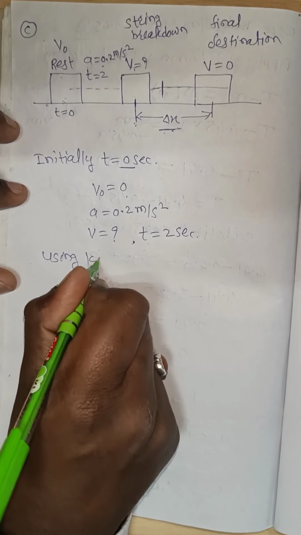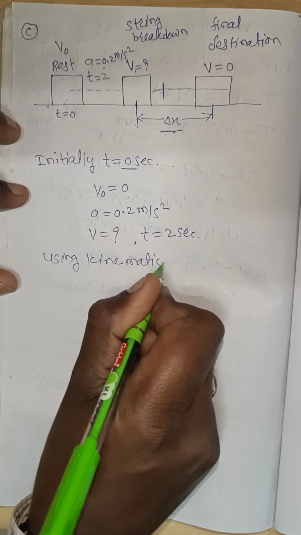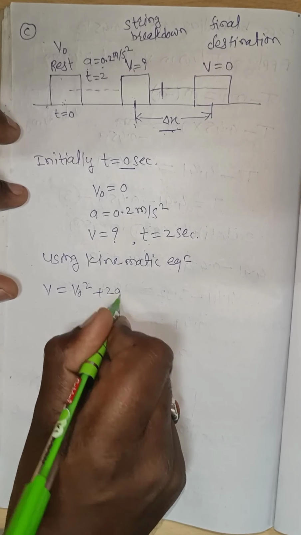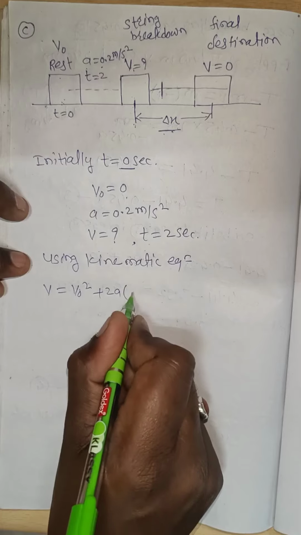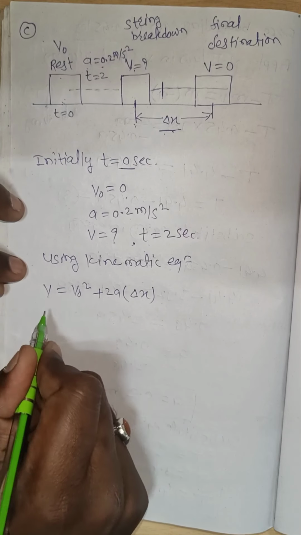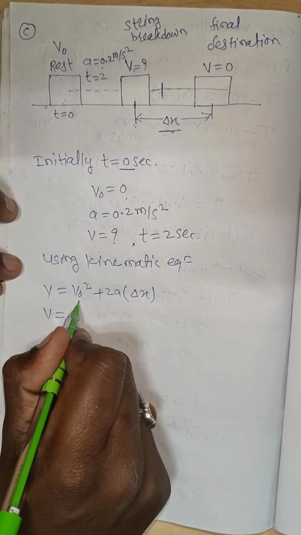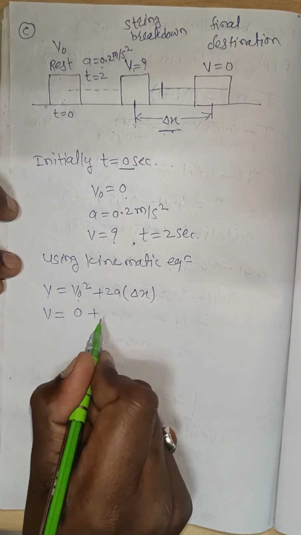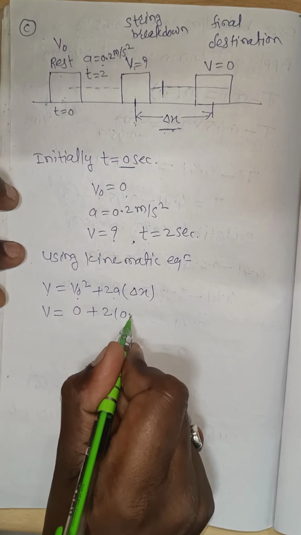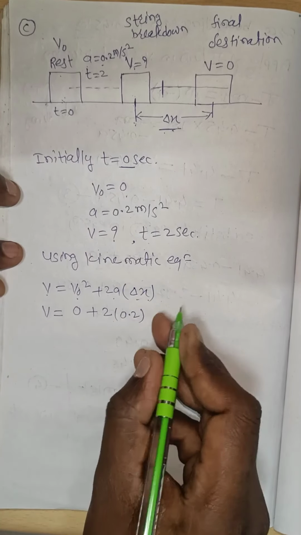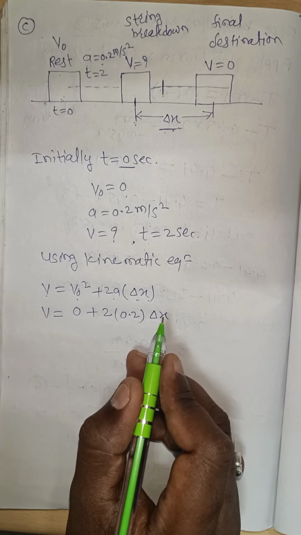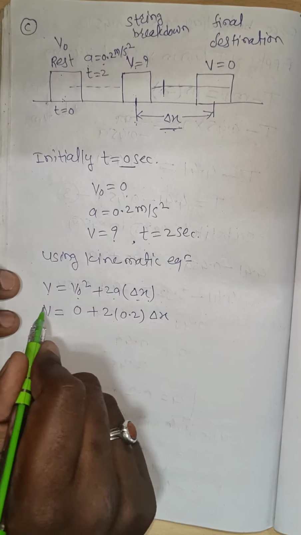Now using a kinematic equation, which equation? That is v squared is equal to v0 squared plus 2a into x minus x0. We treat x minus x0 as delta x. Therefore, putting down the values, v we don't know, v squared is equal to v0 squared, initial velocity is 0, plus 2 into the acceleration, which we have already found, 0.2, into delta x. Delta x we have to find out. Sorry, we can't use this.